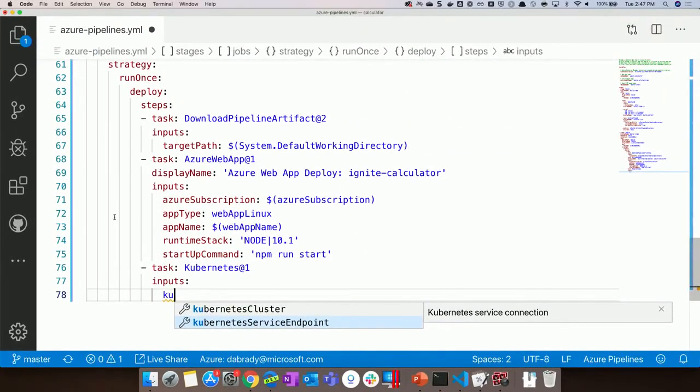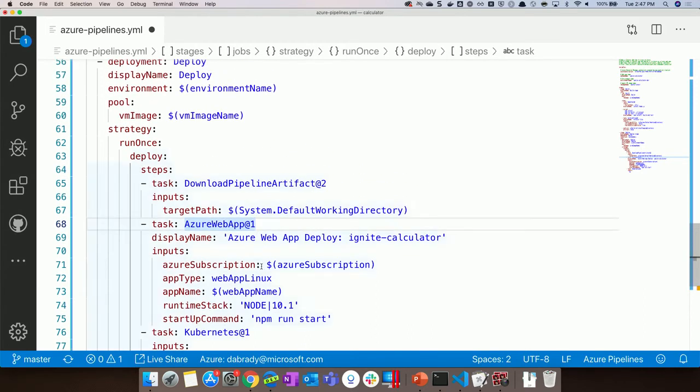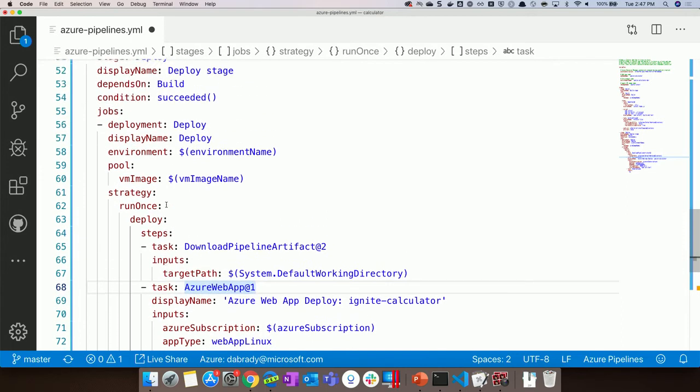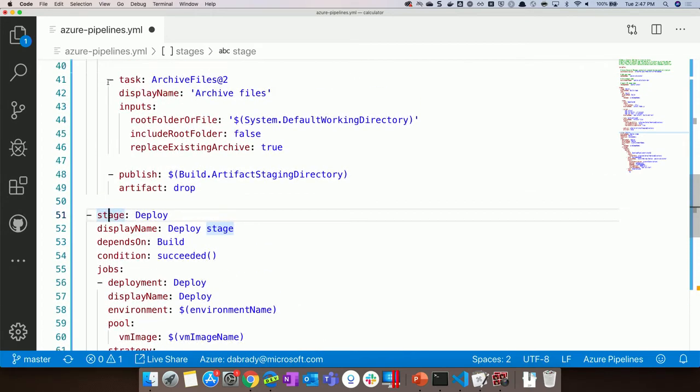You might also be thinking, well, if it's exactly the same tasks, then maybe we should just use templates. And you can. You can replace all of these steps with a Kubernetes deployment template and then just pass through those variables, those parameters. You could even do entire jobs or entire stages as templates as well and pull them in. So this can look much, much shorter than it actually is.